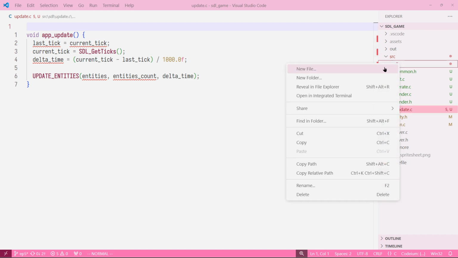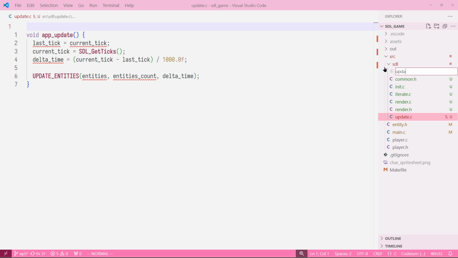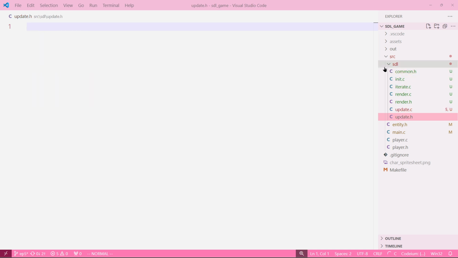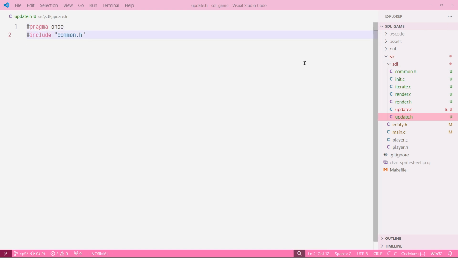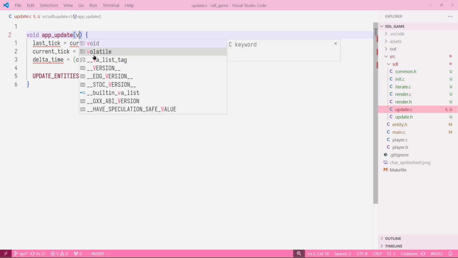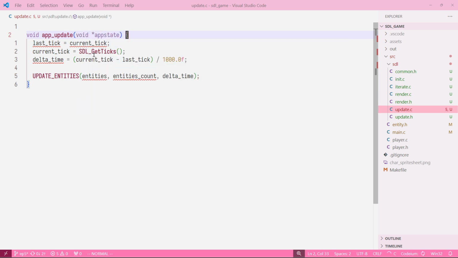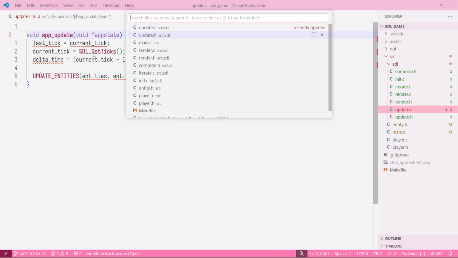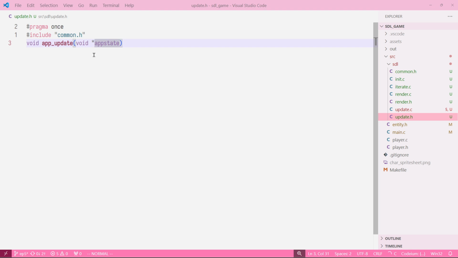We create a header for it, update.h. Here we include common.h. We do pragma once, and I think we need something else. Yeah, we need to remember to say void app state. Copy it from here, paste it here,